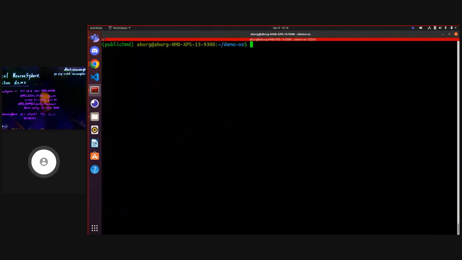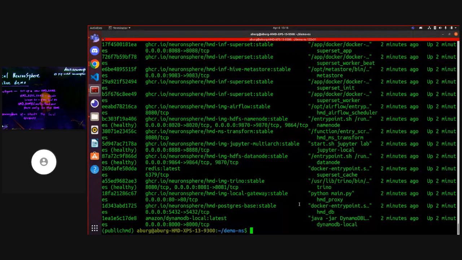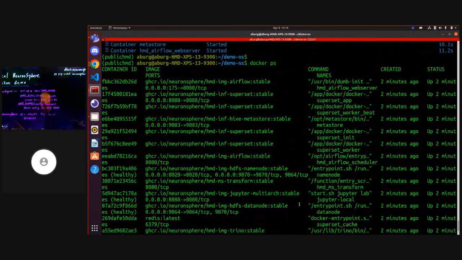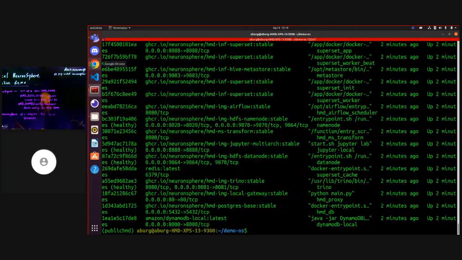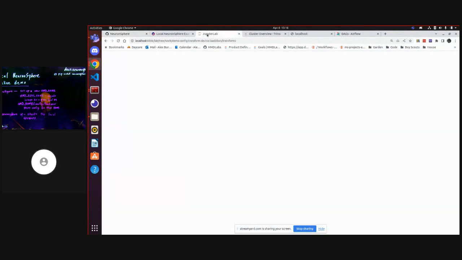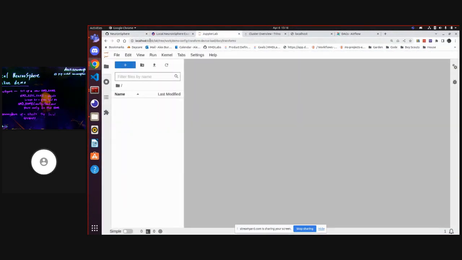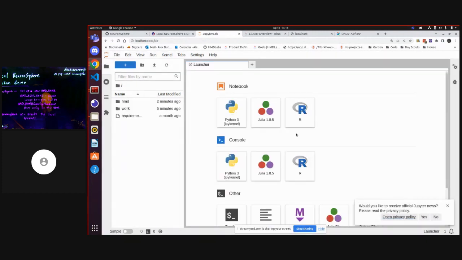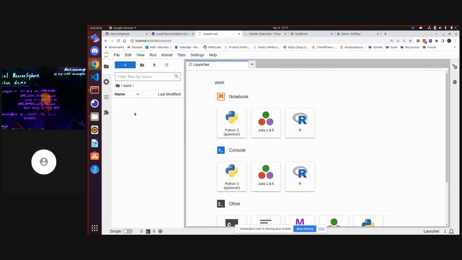Looks like everything started. We'll do a Docker PS, and we can see a number of Airflow images got started up. And we can actually go to our browser, and we can see we have an instance of Jupyter Lab that got started on localhost 8888. In here, it mounts our HMD repo home that we set earlier. It will mount it into the Jupyter user's home directory under work. So I can go in here and there's nothing there, but when we clone down the repos, we'll see